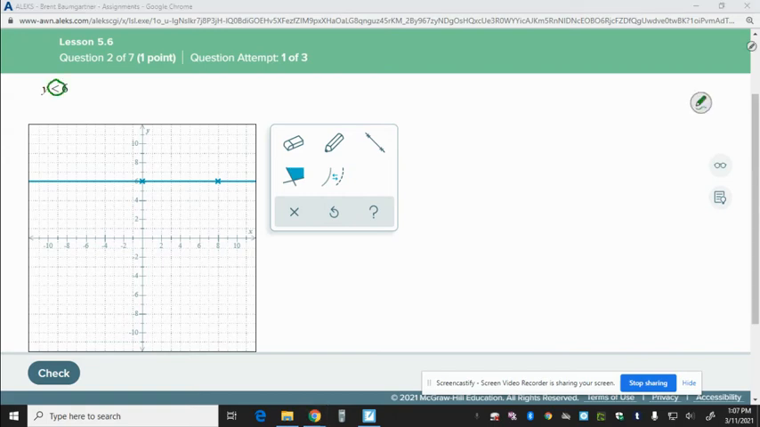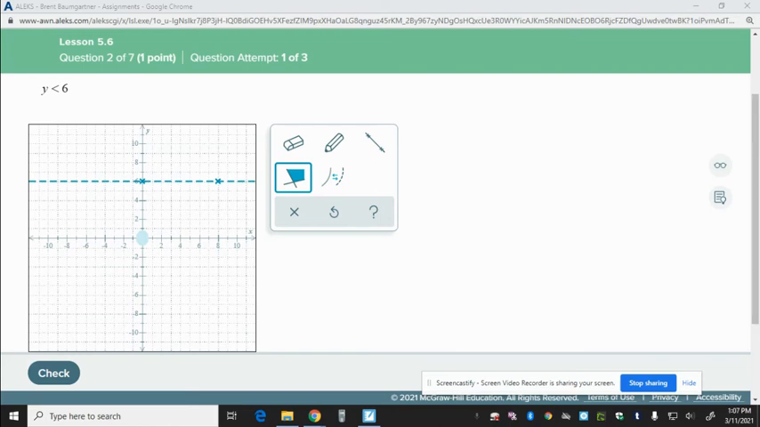I'm going to circle it for you. There's no line under it, so I know that that's a dotted line. So I'm going to click on there. Okay? Now the next thing I need to look at is,